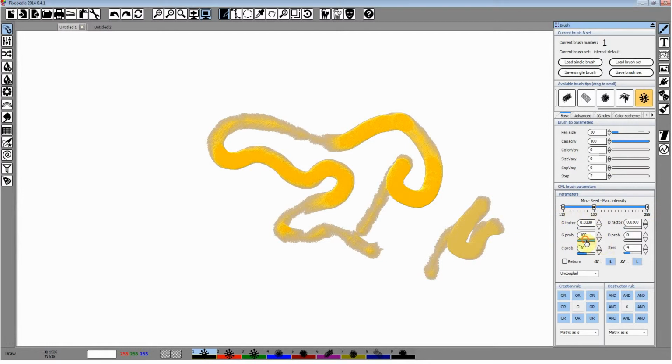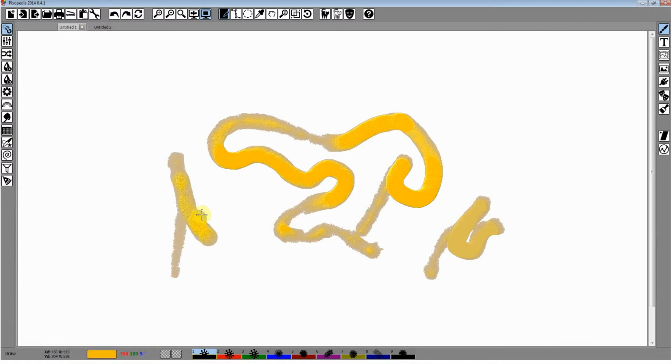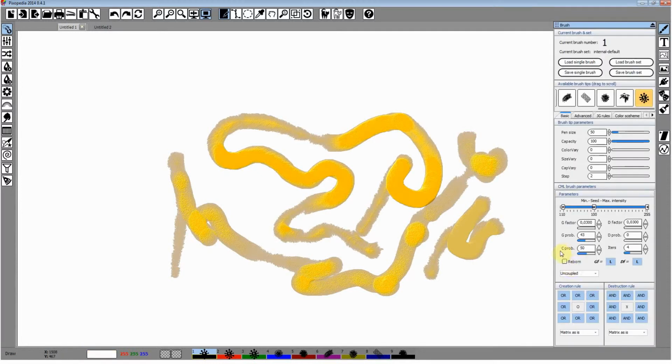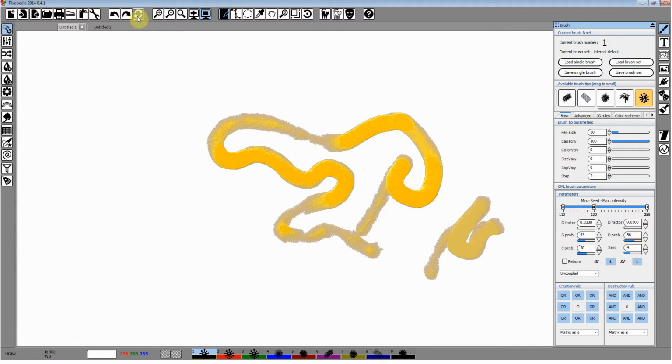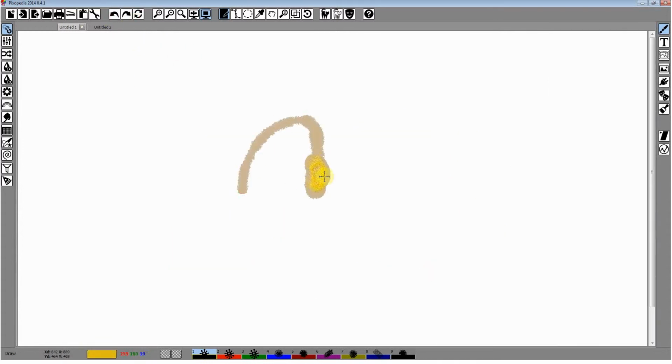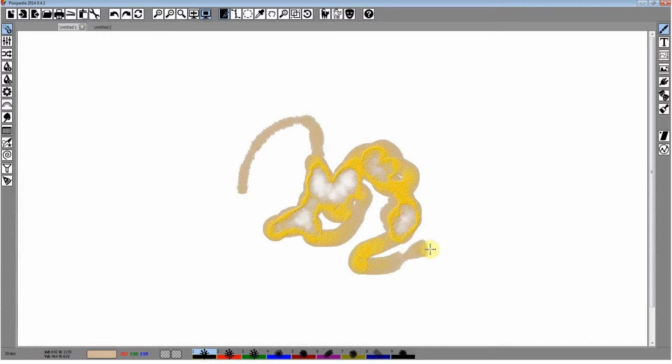Here we will see if we decrease the growth probability that we have something like yellow sand. Now we will increase this decay or decrease destruction probability, so you see that while you are moving, everything happens on a hidden surface. This is only rendered on the real canvas, so you see.